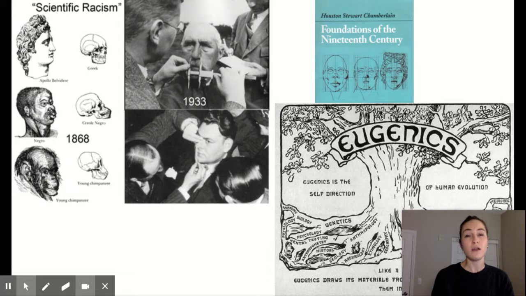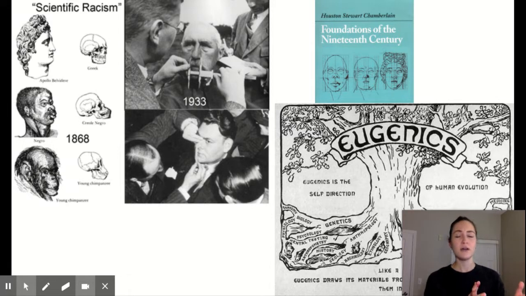People like that, people who were not of a good race, oftentimes were discouraged from having children through things like anti-miscegenation laws. That is a law that prohibits race mixing. We had those in the United States actually into the 1950s. Basically, it meant that, for example in California, if you were a white person, you could not legally get married to an Asian person in the 1940s, or to an African American person. And this was to limit or discourage reproduction of these genetically inferior children, so mixed race children. So obviously, this is super racist.